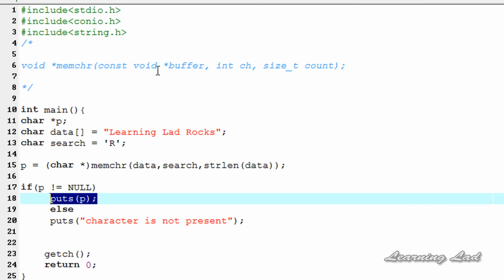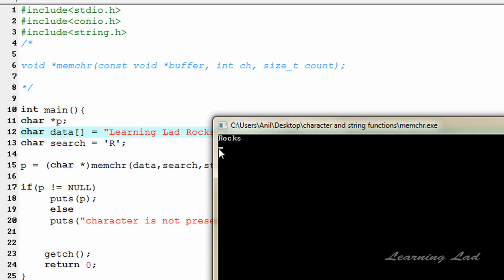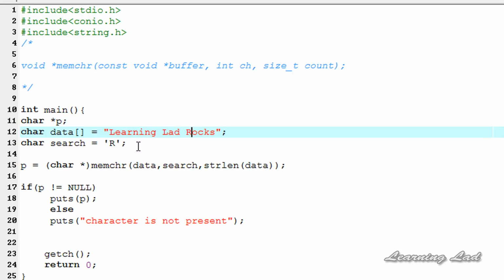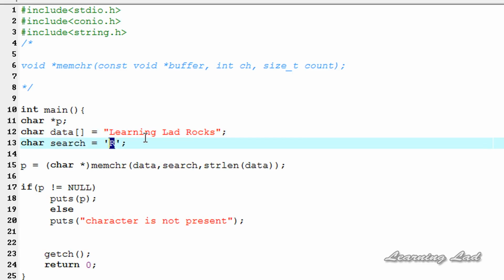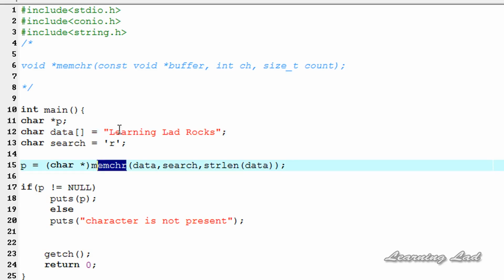Okay, now I'm gonna run this program. So execute, compile and run. Okay, you can see here "rocks". So the next thing that we're gonna do is we're gonna change this one to small r. So now the function is gonna search for the character small r in this "learning lad rocks", and also this memchr function is gonna search from the beginning to the end, because we have specified the length of this string "learning lad rocks" here. So if I run this program,